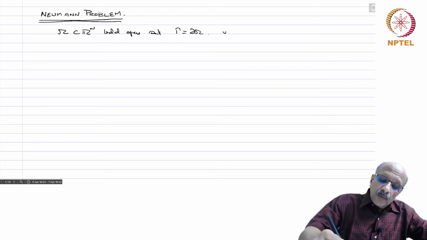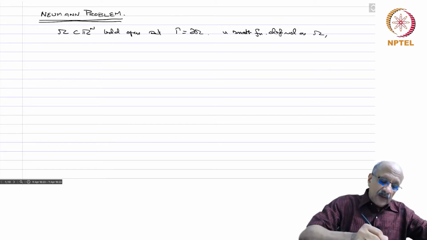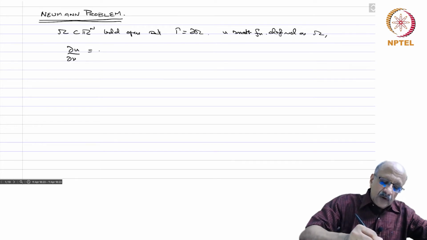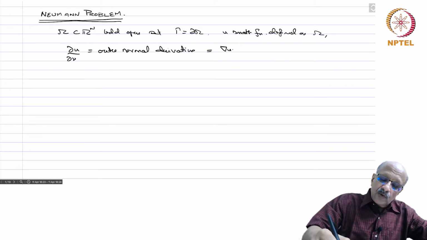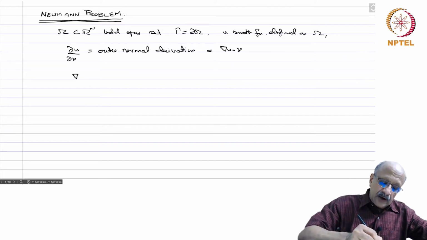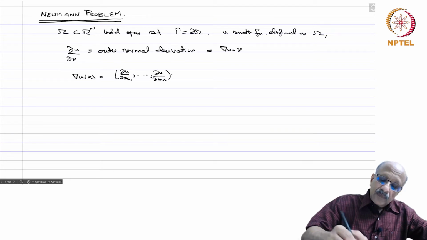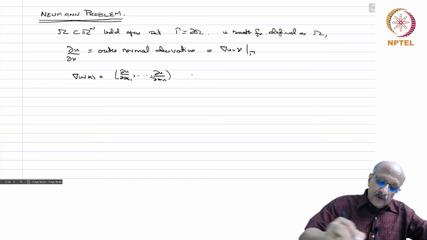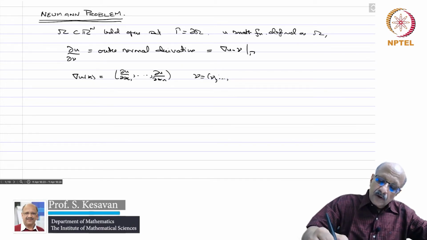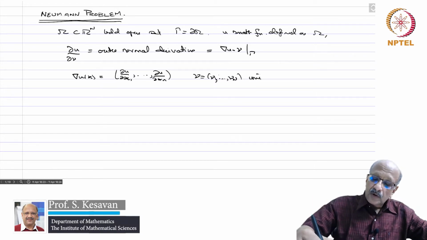So if u is a smooth function defined on Omega, then we denote by du/dnu the outer normal derivative, which is equal to grad u dot nu, where grad u of course is the gradient, (du/dx1, ..., du/dxn), and this is on Gamma, and nu equals (nu1, ..., nun). This is the unit outer normal